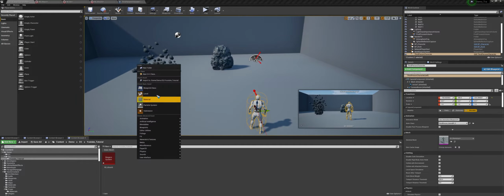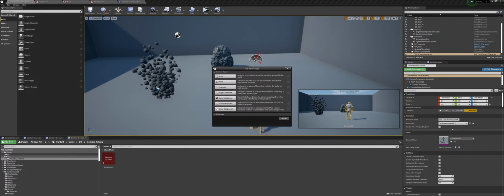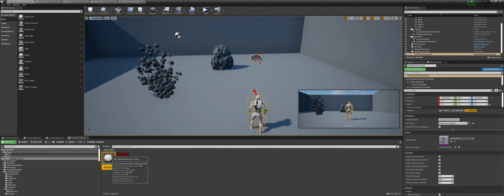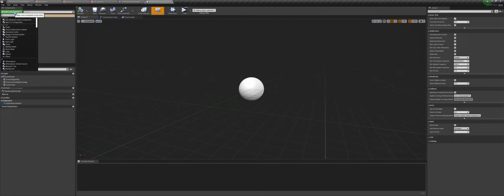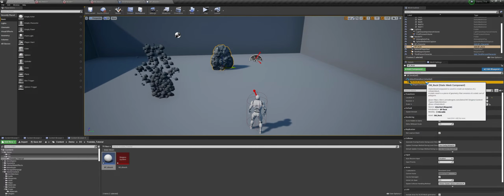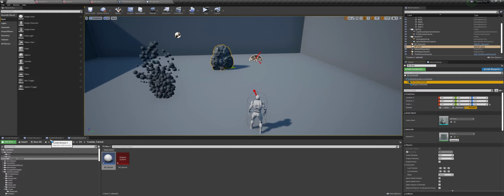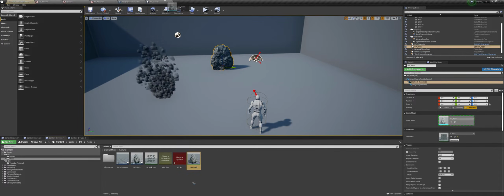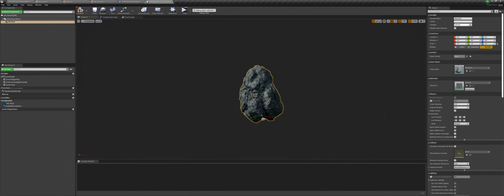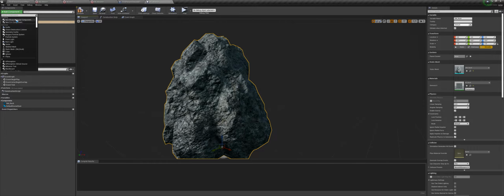Now we need to create a blueprint. So for that, right click, then select blueprint class, then I will call this BP underscore absorb. Now open it up. Now we can add a static mesh component, which is this rock from the starter content. So let's find that. I will bring that in like this. So we have a rock here. Now I will just add a Niagara system parented to the rock.